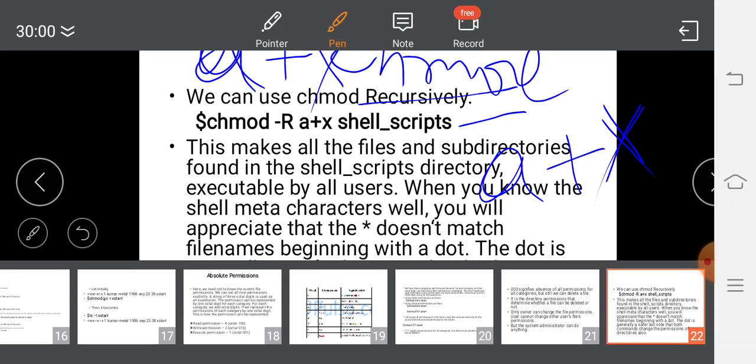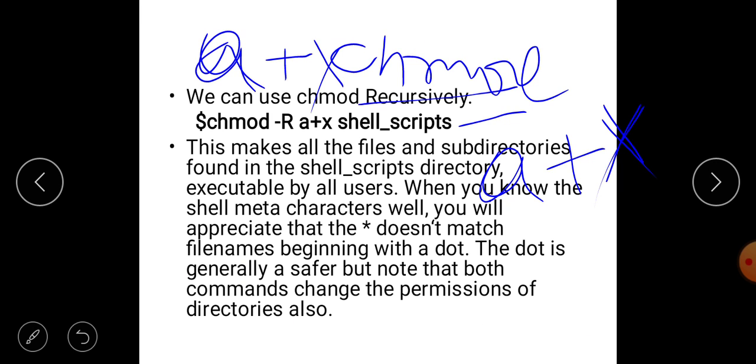Okay, when you know the shell metacharacters well, you will appreciate that the star does not match